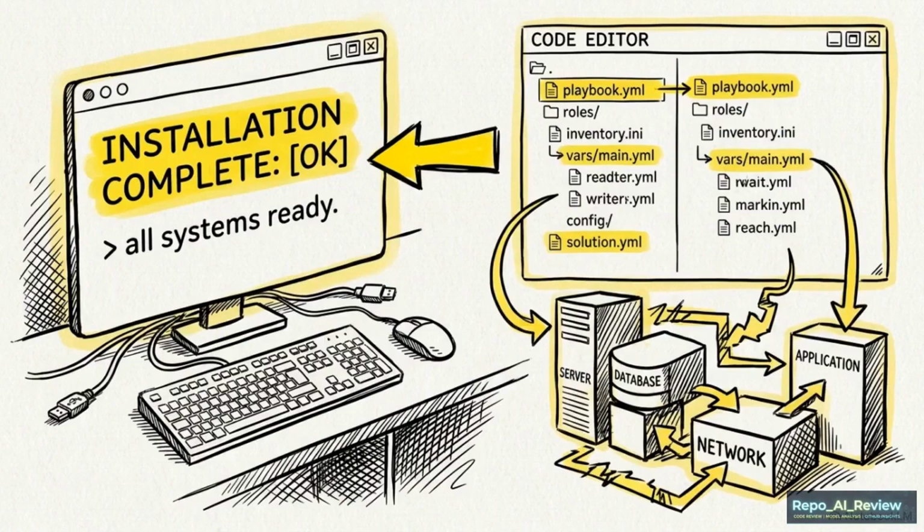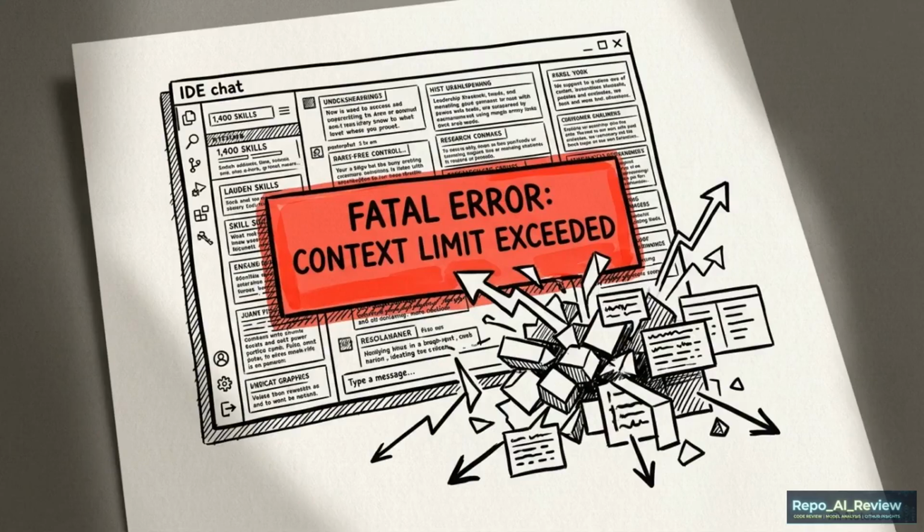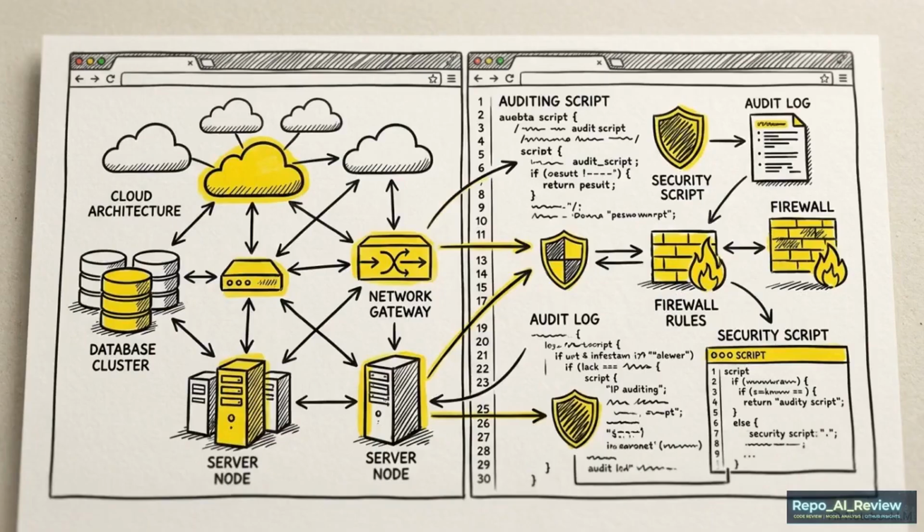The Universal Installer removes platform friction, turning a theoretical catalog into an instantly deployable local asset. Utilizing a library of this size introduces a technical challenge: choice overload. Forcing an AI agent to index all 1,400 skills simultaneously will bloat the context window and eventually crash the system. To manage this, the repository uses role-based bundles to curate the active skills. Bundles for SaaS development or security auditing load only the exact instructions required for that specific objective.